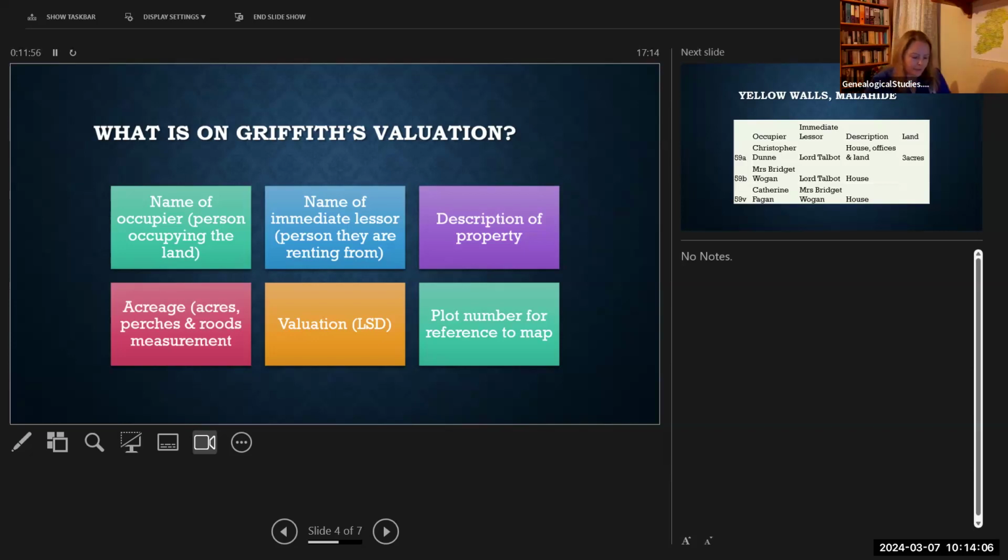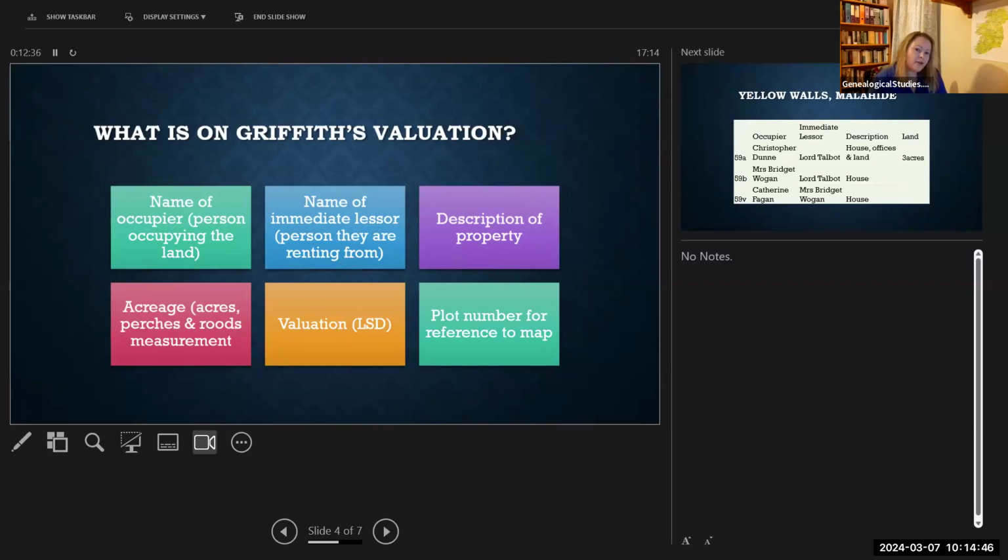So when the valuation was completed, the occupier of the property was responsible for the payment of the tax that was created. Now, initially, tenants who had a land value that was less than £5 were exempt, and that meant that their landlord had to pay it instead. That liability was a powerful incentive for landlords to get rid of very small tenants in any way they could, and it did contribute to evictions. However, that was changed by the mid-1830s, and most people were thereafter responsible for paying their own tax.